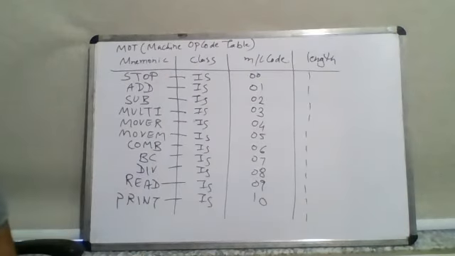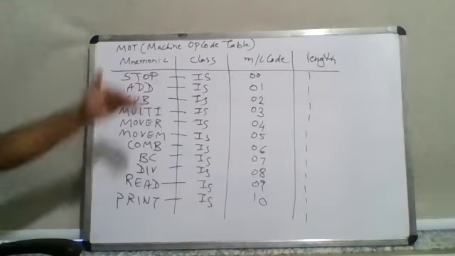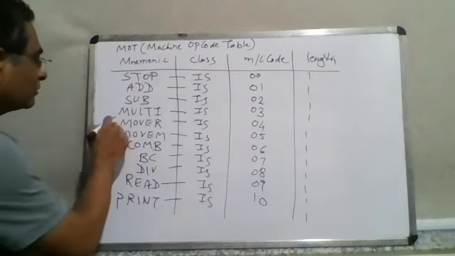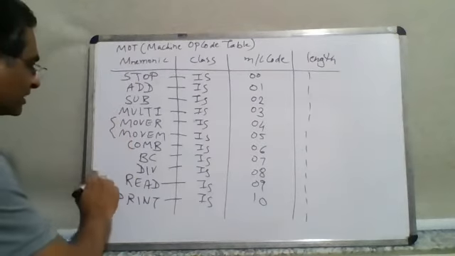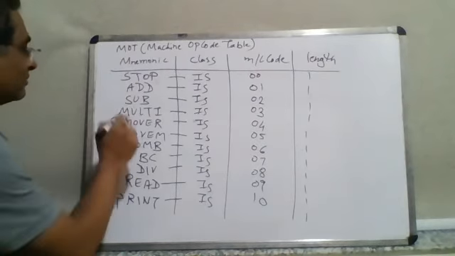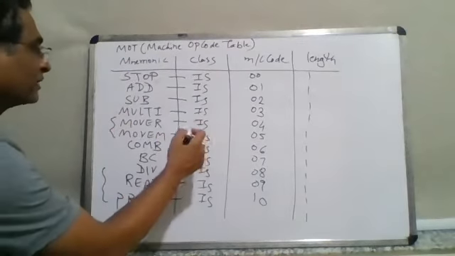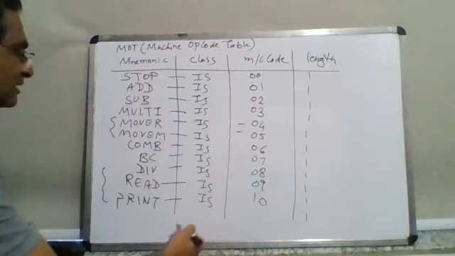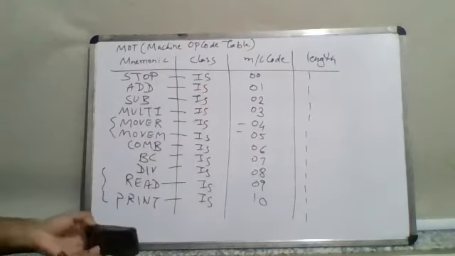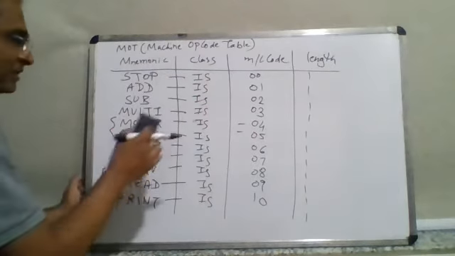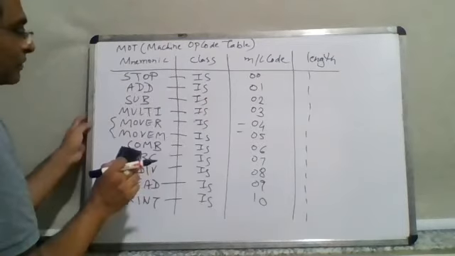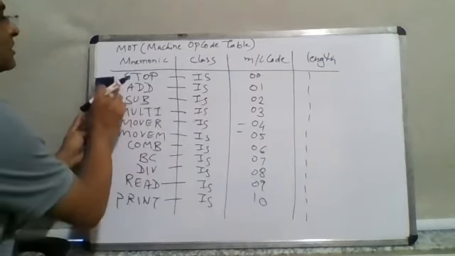Now there are other classes also. We'll see what the other classes in this table are. Remember this in the sequence. Most of the time you'll have to encounter these two instructions, then read, print if required, then subtract, add. But the numbers, once you practice it, 4, 5, move R and move M. So read is 9 and print is 10, stop is 0, add is 1. In that way, it becomes easy once you practice certain things. Remember this will be useful throughout your upcoming topics within this assembler.